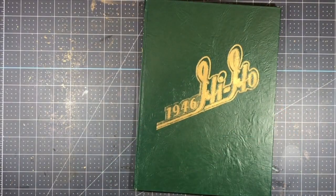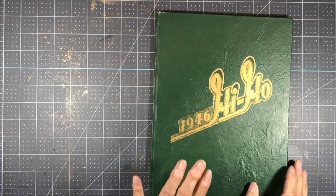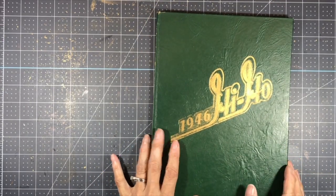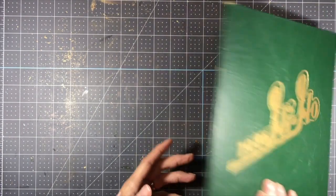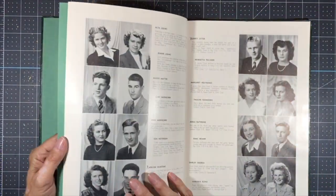Okay, next up is a store near us called Bargains Galore, and I have found a whole bunch of stuff there, and this was all in one trip. I love old yearbooks, and a lot of times they're really expensive. I don't have the price tag on this one anymore, so I don't know how much it was, but I